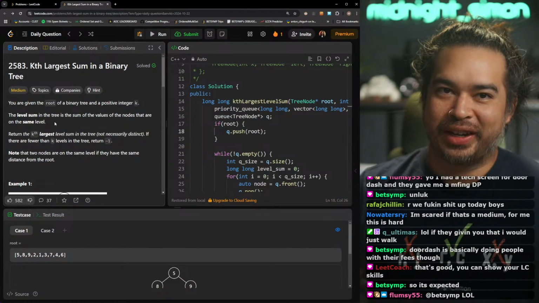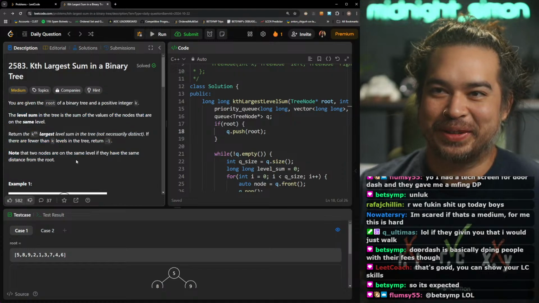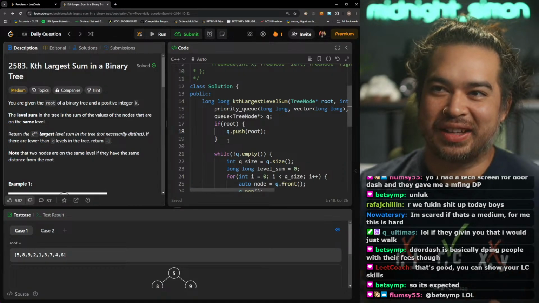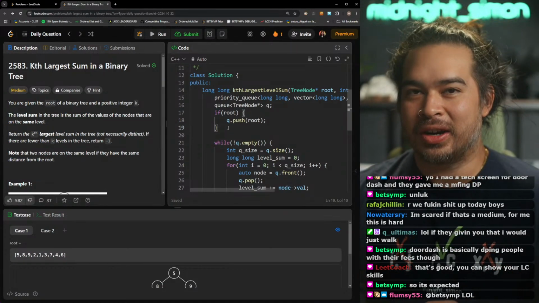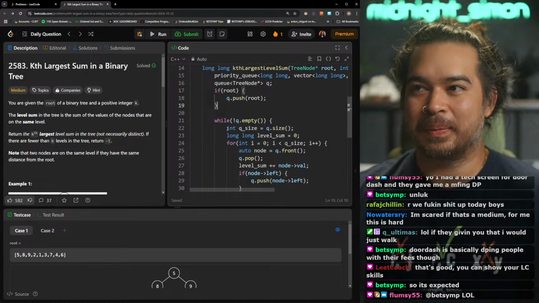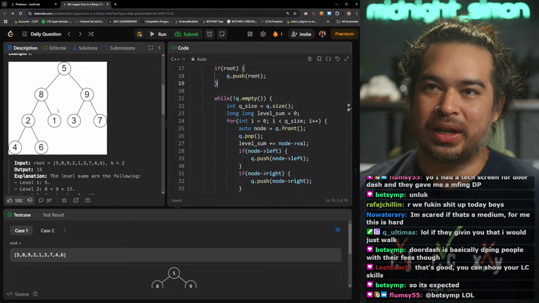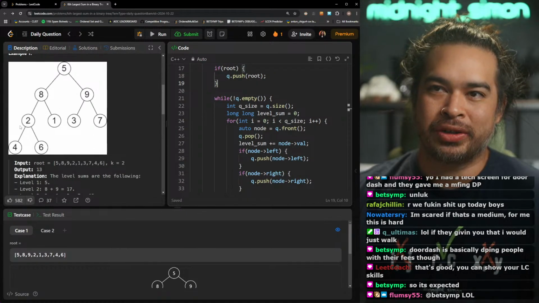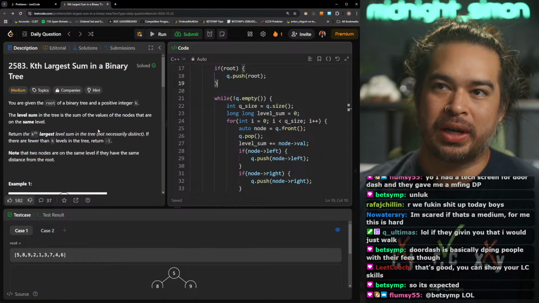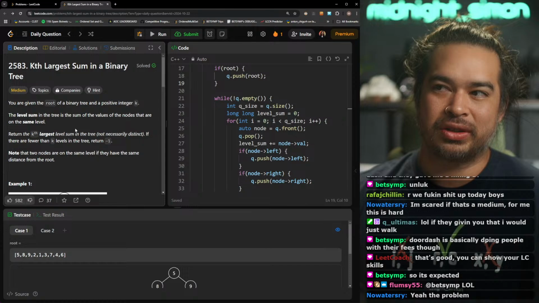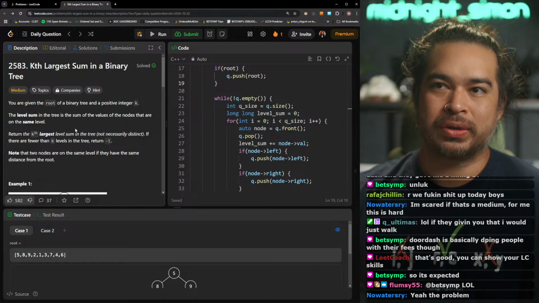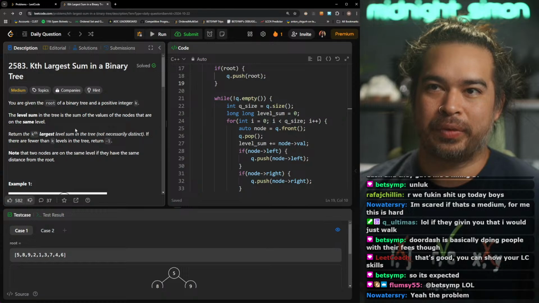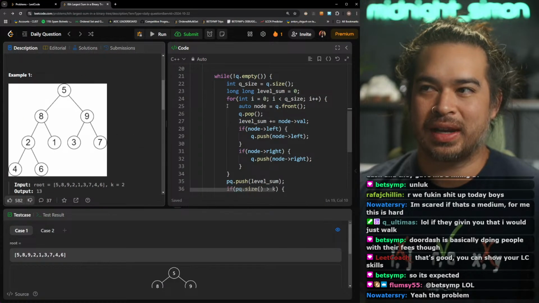I feel you, man. I feel you on how this might sound hard, but this is a very standard technique. It's hard if you don't know these techniques, but if you know how to do level order traversal on a binary tree, and then if you know how to do top k elements, then it's just combining those two techniques in a standard way. So the first technique is level order traversal. It's a super standard implementation.